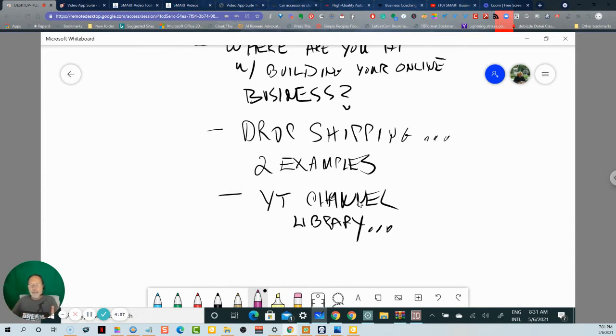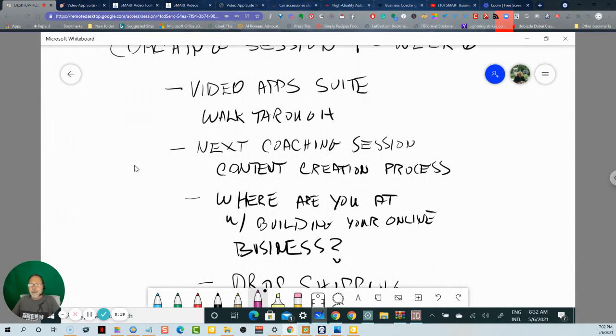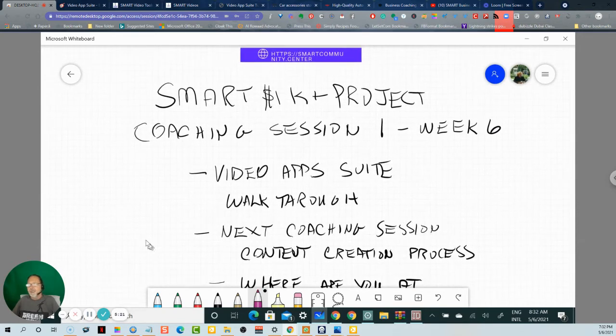The idea is that you'll have a single place to go to, outside of the training that we offer, that will help you quickly get answers to questions that you may have, or dive deeper, or get some different nuances on how to do something. The library is going to help you do that. So that's what we're going to go over today, and then we'll call it a night.